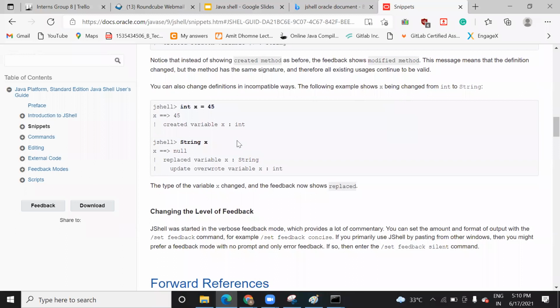If you do not specify any value, you can replace the value also, as we have seen. When I create the same method, it modifies the previous one. That is also possible, similar to Python. In Python also, you can reinitialize the value. Suppose x is equal to 45 and you declare it as a string x, the value you initialized to x, 45, will get replaced when you change the data type.